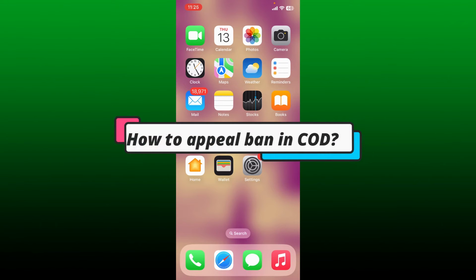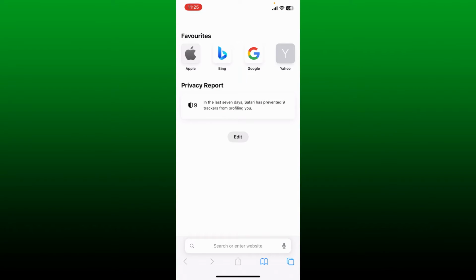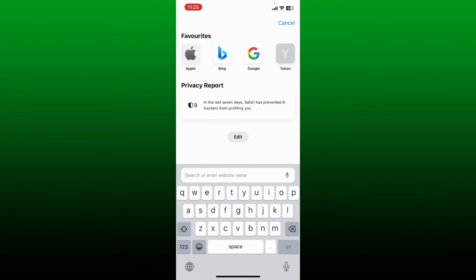How to appeal a ban in Call of Duty. There is a direct way of appealing a ban in Call of Duty, so in order to do that, let's jump right in. Open up a preferred web browser and go to the search box and type in